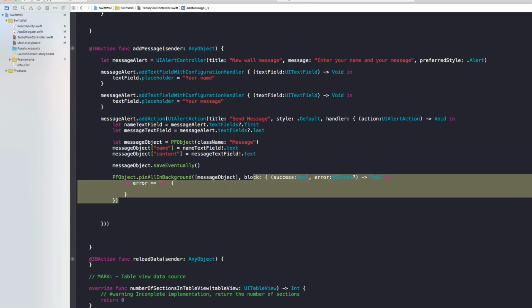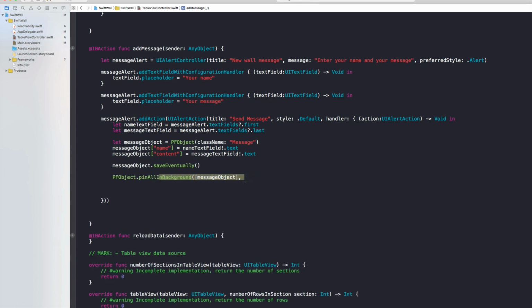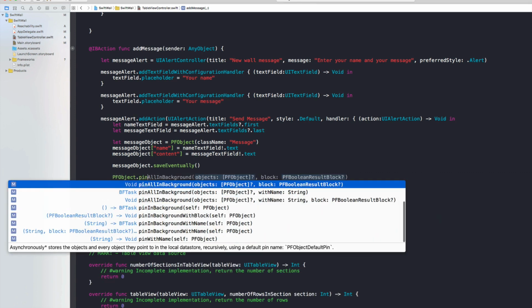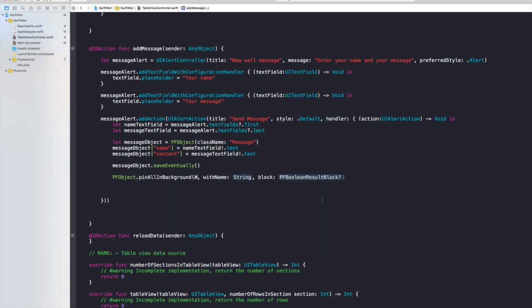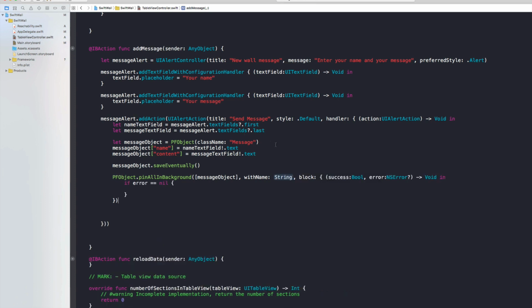I will now first of all cut this block here and again call pinAllInBackground, and this time I'm going to use objects with name and the block. So let's use that. Again, give this an array of our one PFObject, and then we will add our block here. And there is this withName, and this withName is great since we can tell it that this name should be messages. And later we can use this name to unpin, so remove many objects at the same time